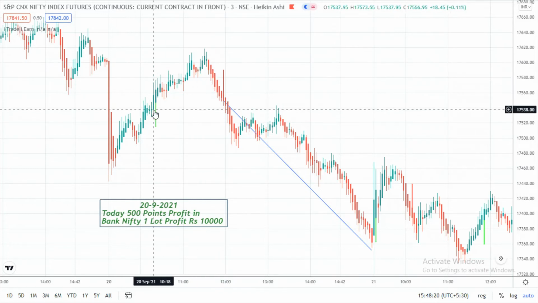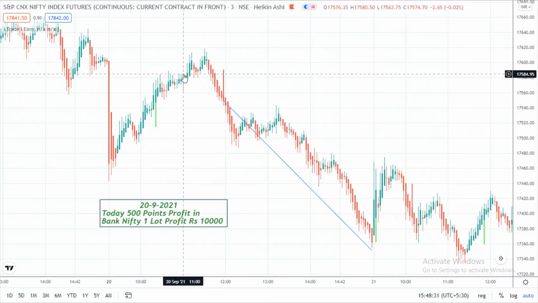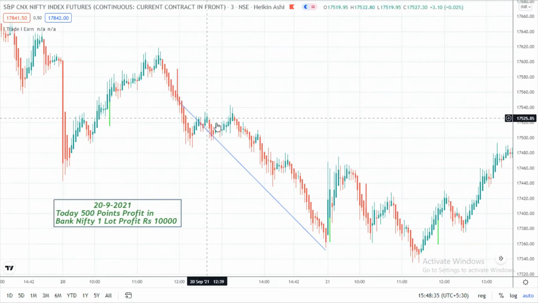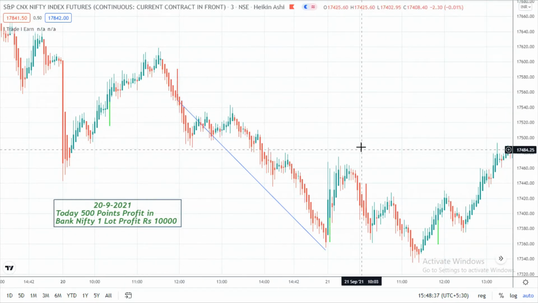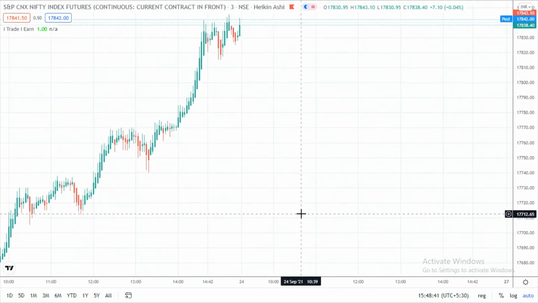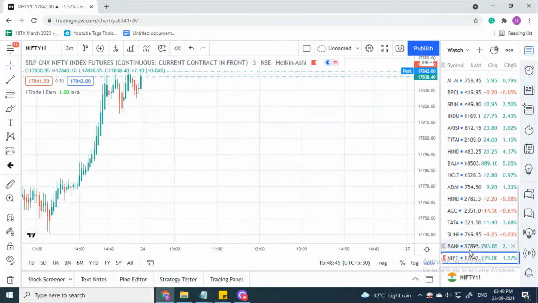When you are buying, the stop loss will be your previous candle low and a few buffer points you can put, right? So even if you lose 30, 40, 20 points, 50 points, you win 100, 200, 300, 400 points. That is the beauty of this indicator. Now this is Nifty, and I'll go to Bank Nifty.